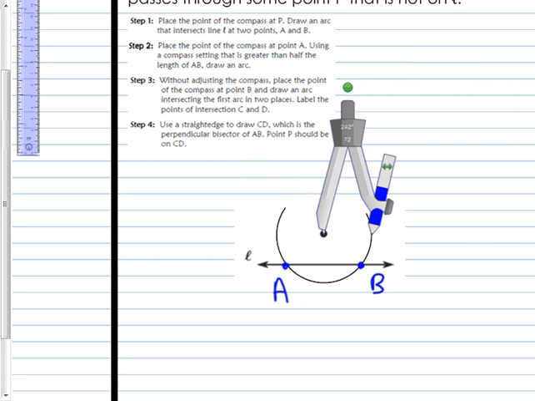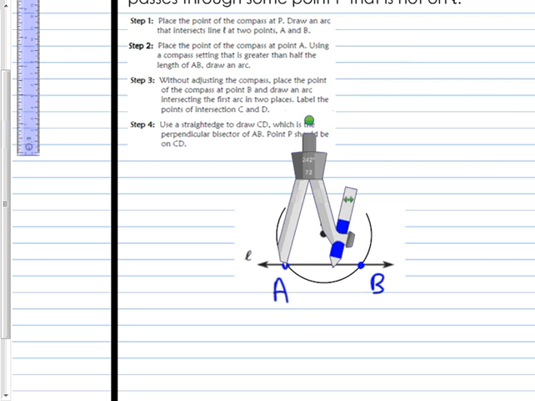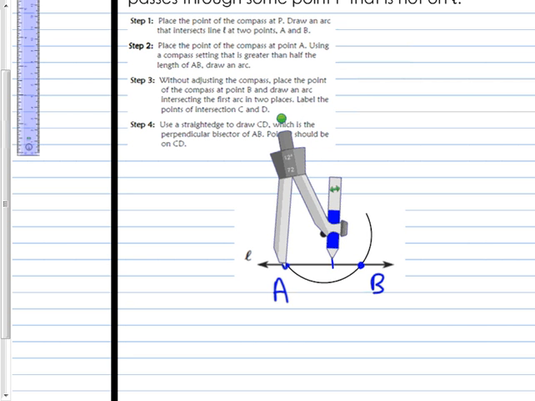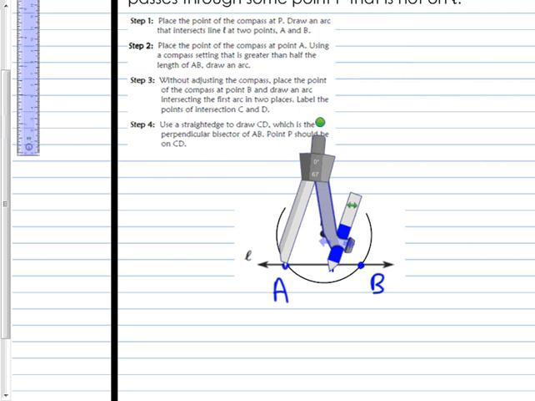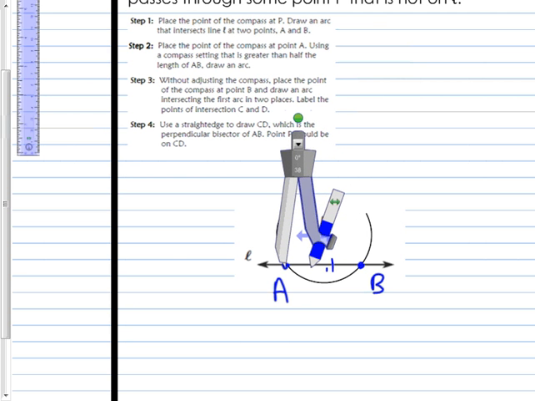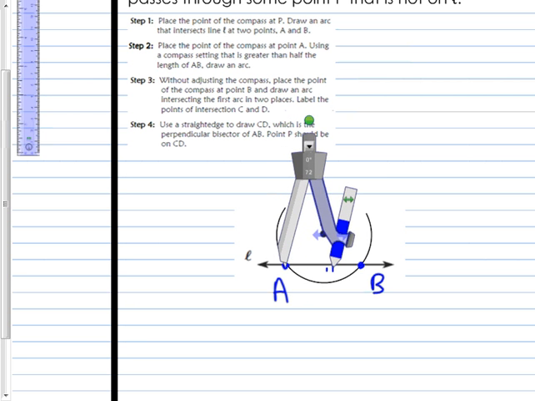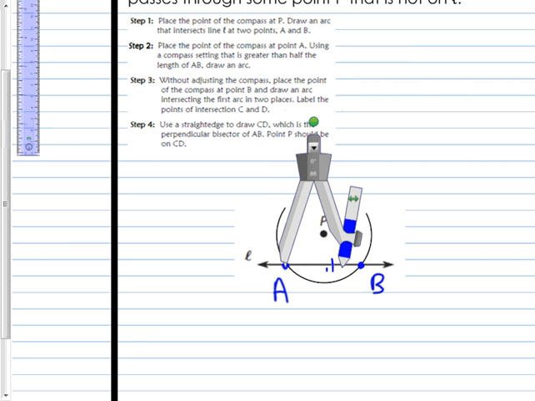And then it says to place the point of the compass at point A, and using a compass setting that is greater than half the length of AB, draw an arc. So again, move your compass, and as I showed you on the last one, you don't have to measure AB to see how long it is. Just eyeball it and make sure your setting is greater than half. I think you can judge it. We obviously know that's not half, okay? So I'm going to go greater than half, and I'm just going to make an arc,